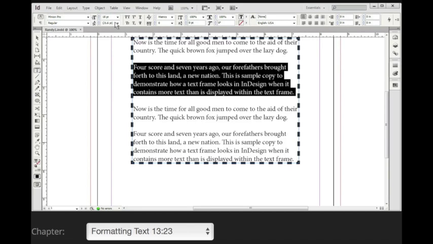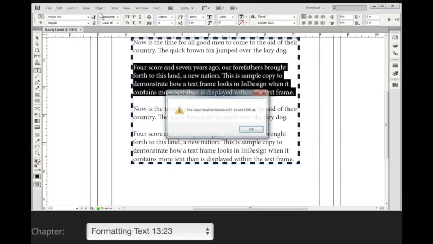Let's go extreme and find out how large we can make the font size. Remember that whenever you want to find out what your limits are with InDesign, you need to enter a truly outrageous number. So I'm going to double click here in the 18 points that's shown in the font size box and enter 1,000,000 points. When I hit the tab key, an alert box pops up in the center of the screen telling